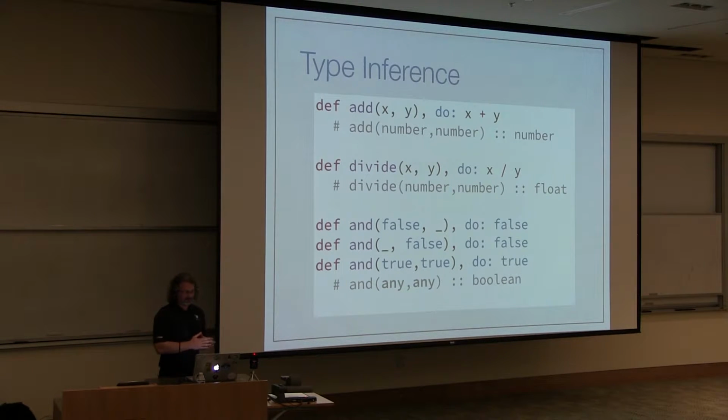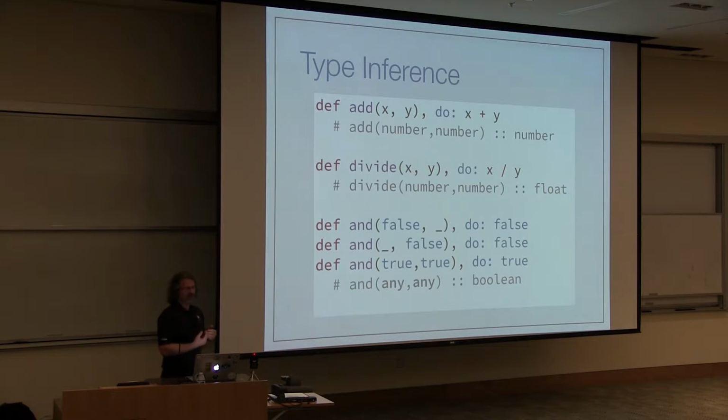Okay, and then one final, slightly trickier example here is a logical AND function. You don't need to write your own AND function in Elixir. It's got one for you, but if you chose to write one, this is one very logical way to do it, and that is just to use pattern matching on the arguments that are passed to you and return either false or true depending on what type of arguments you got. Okay? So the first one is saying the AND function defined for false and anything else returns false. Likewise, the AND function with any value and false as second parameter is also false. And it's only when you have true as both your parameters that it returns true.